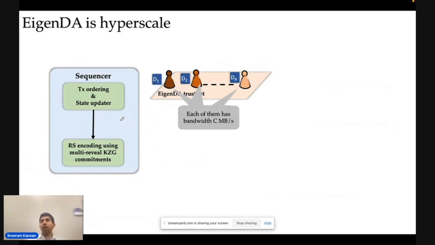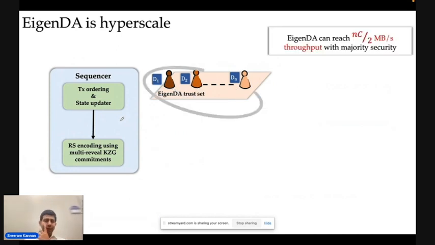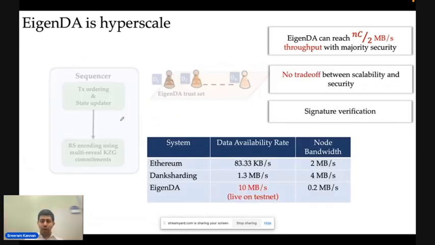So the Danksharding throughput is roughly 1 to 1.3 megabytes per second. We are already at 10 megabytes per second with EigenDA. And the node bandwidth requirement to run an EigenDA node is actually much smaller than all the other systems. Okay, so really this is